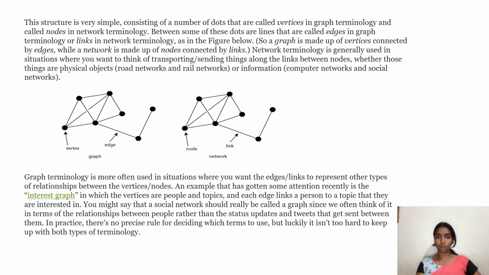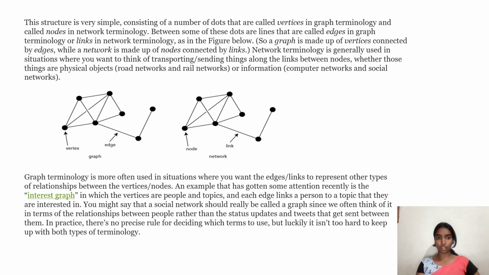Between some of these dots are lines that are called edges in graph terminology or links in network terminology, as shown in the figure. Network terminology is generally used in situations where you want to think about transporting or sending things along the links between nodes, whether